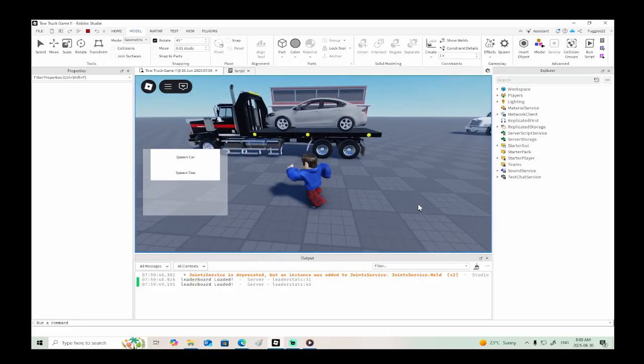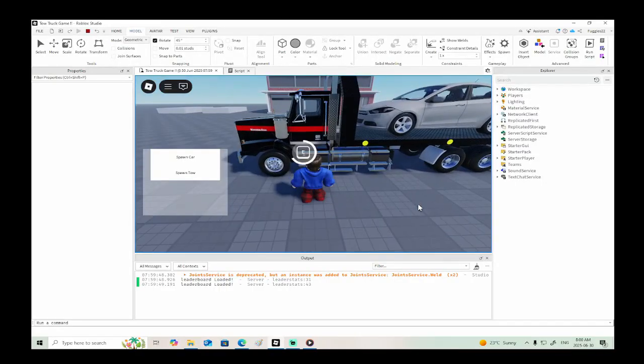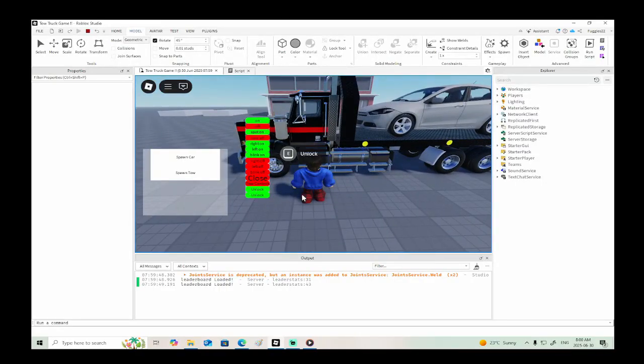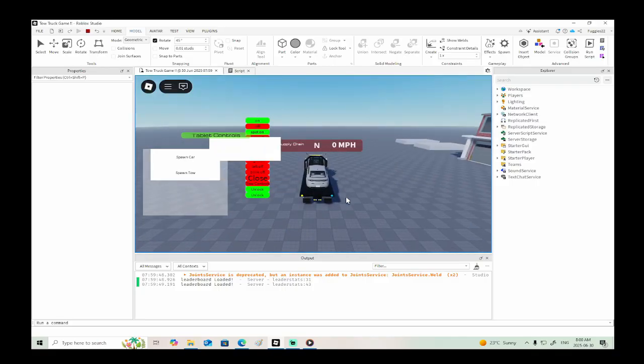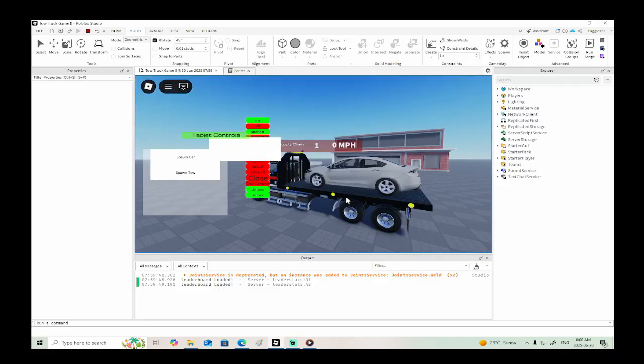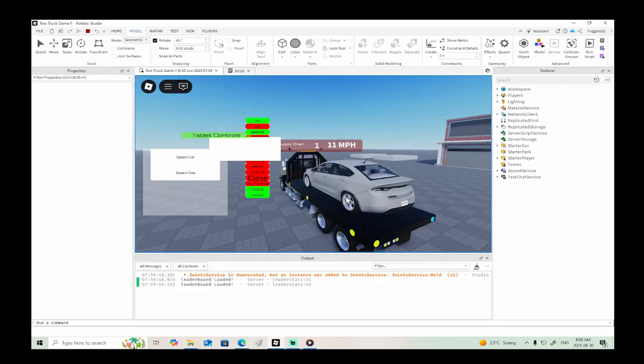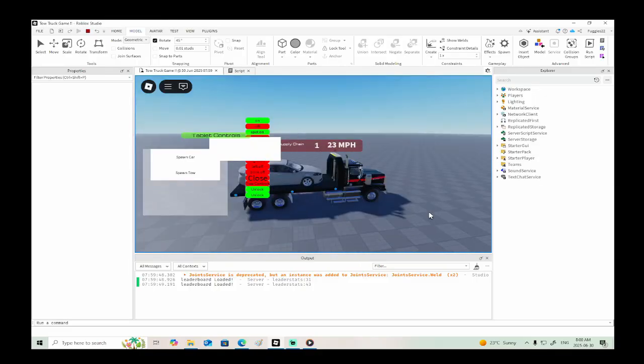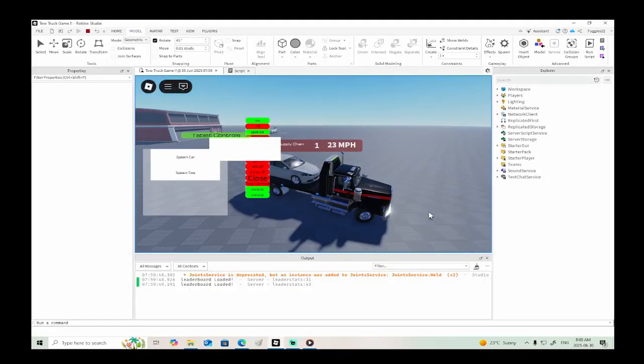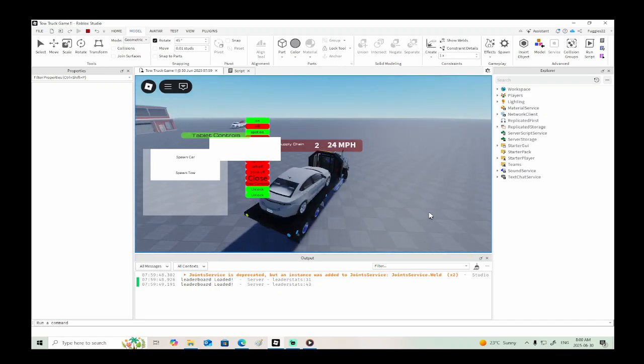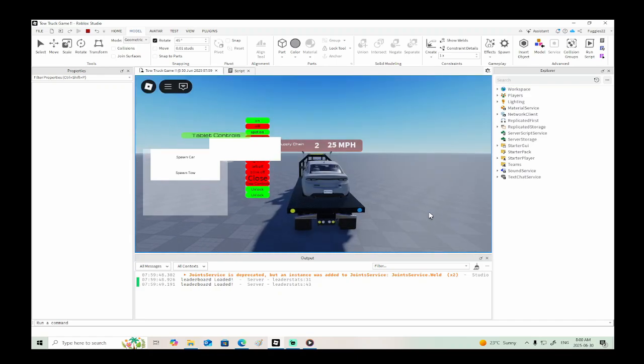There we go. Oh, I see it. It hadn't quite welded itself there. Now that it's on the tow truck,